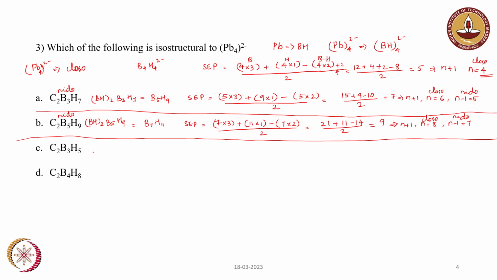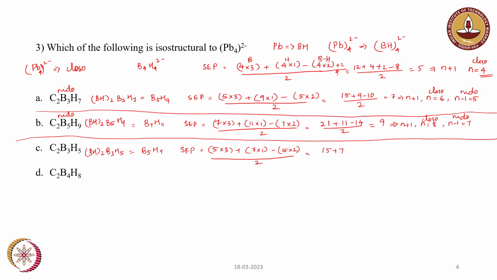So here C2 is present, BH twice, then B3, H5, that is B5, H7. So SCP equal to 5 into 3 for boron, 7 into 1 for hydrogen, and 5 into 2 for BH units, divided by 2, which is equal to 15